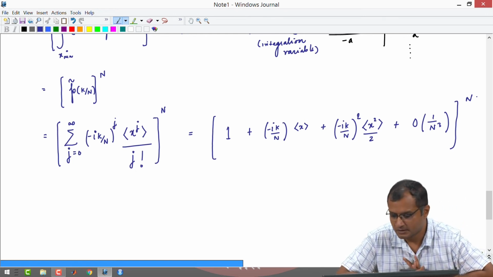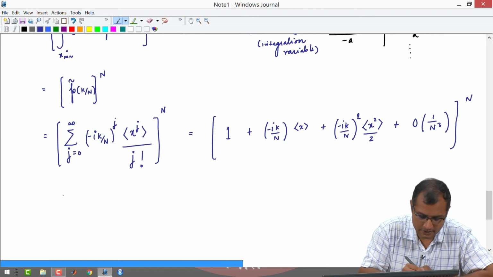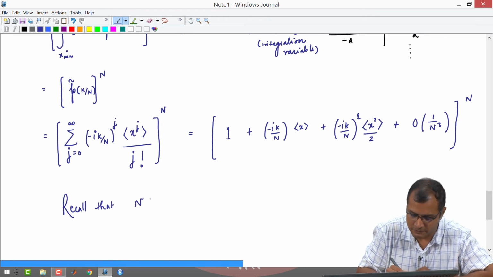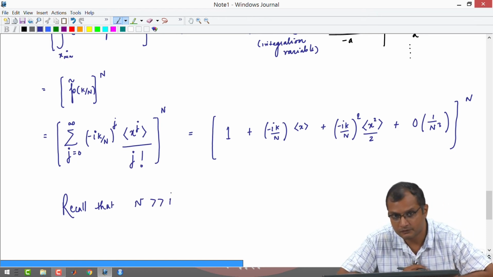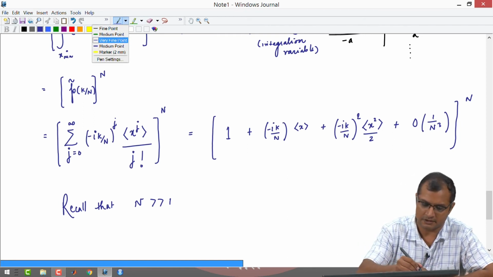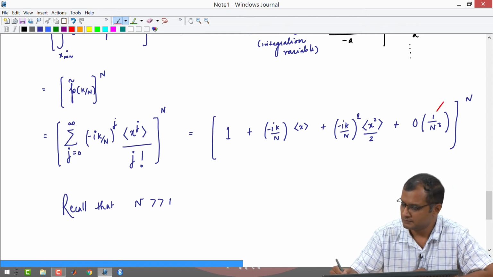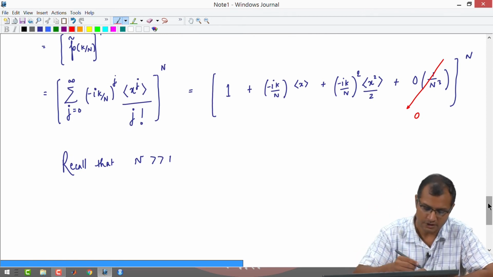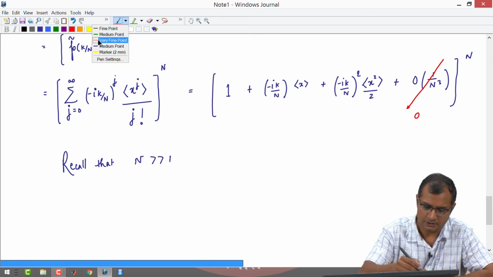Okay. So, now recall that our assumption was we had taken n to be much larger. That was the assumption. Okay. We are going to derive the central limit theorem for very large n. If that is the case, I can drop the terms of the order 1 upon n cube in comparison to 1 by n square and 1 by n. Okay. So, when you drop this, you get